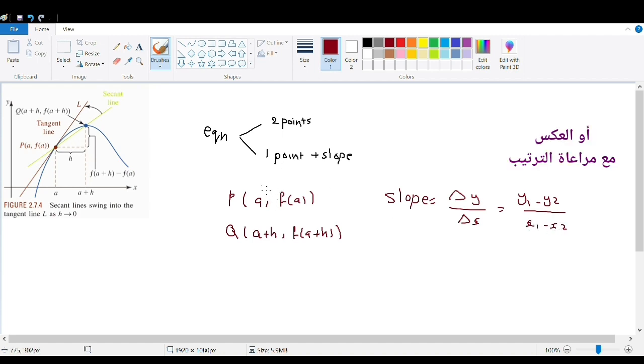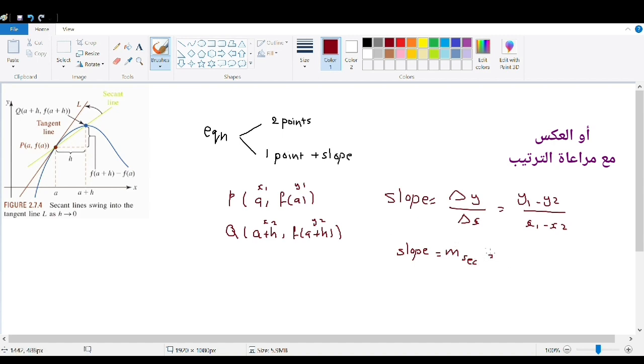So if this one is x1, this one is y1, this one is x2, this one is y2, then to find the slope of the secant line, the green one, we say this slope m secant, where m represents the slope and secant represents the secant line, is equal to